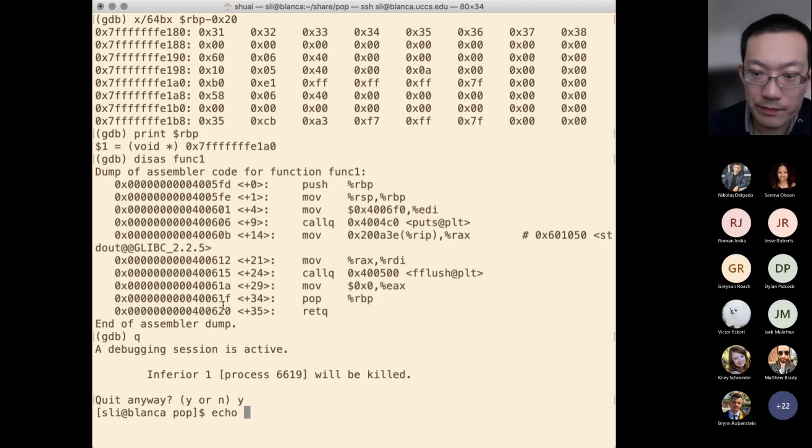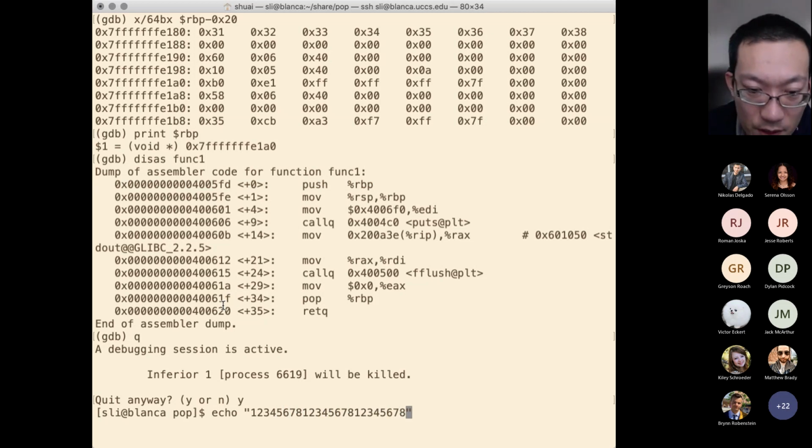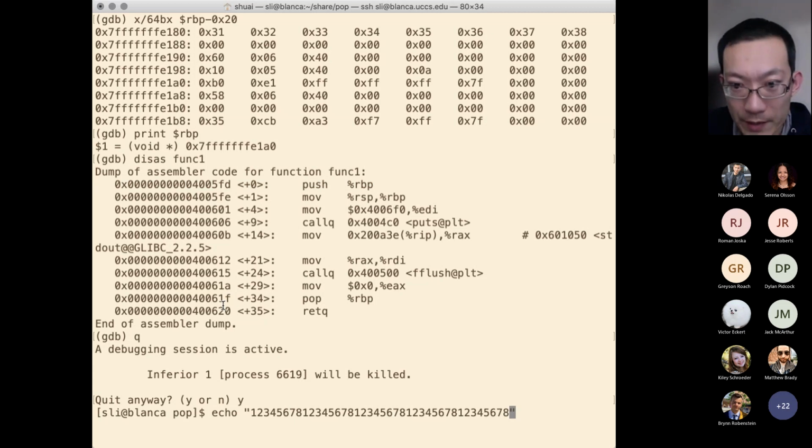We still use echo. Now we need 40 characters. Let's do it this way: 1, 2, 3, 4, 5, 6, 7, 8. This is 24. 1, 2, 3, 4, 5, 6, 7, 8. This is 32. 1, 2, 3, 4, 5, 6, 7, 8. This should be 40. These 40 characters would overflow the space, and now we need to specify the